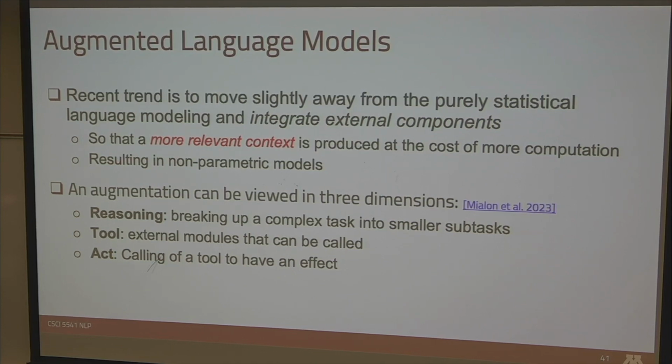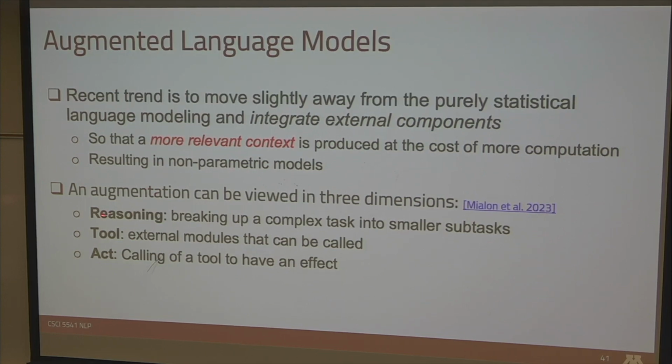Context here could be the examples that you fit in your prompt. At the cost of more computation, of course, because you need to call additional stuff or conduct additional processes. But now you're no longer bound by the fixed size model parameters, right? So in this sense, you can consider it a non-parametric model,